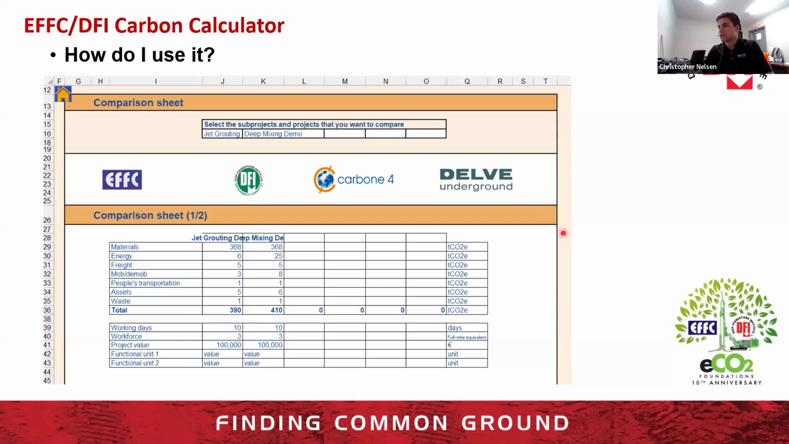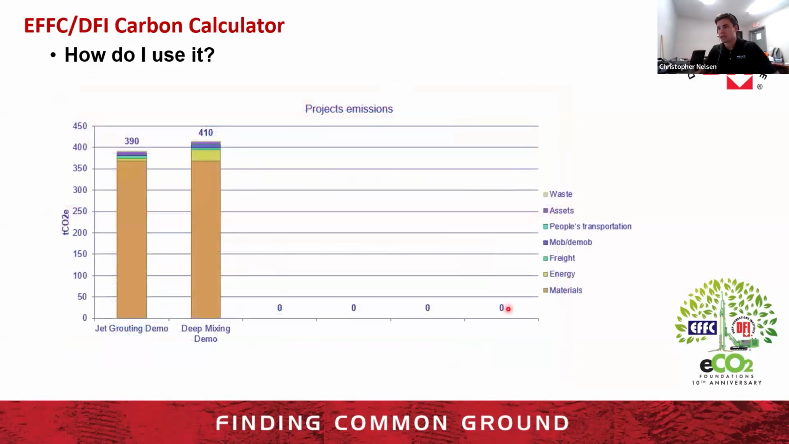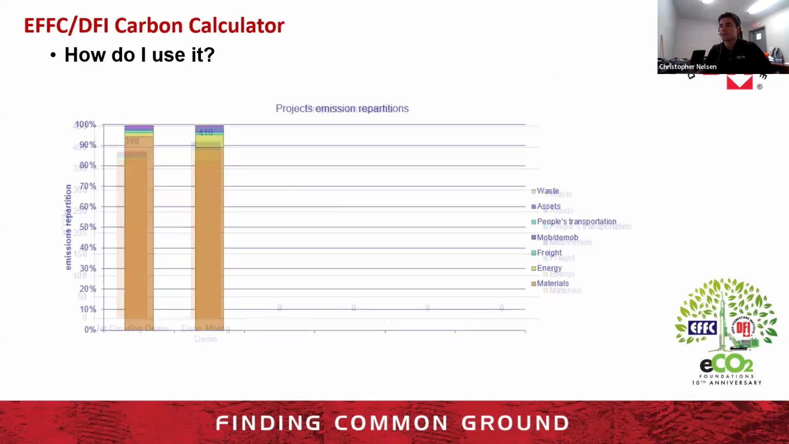So looking at these, the comparison tab has a lot of really nice graphics. First, a table of the emissions by category, again, going from materials and energy all the way down through assets and waste. And then as we scroll down through there, there are different plots that are automatically generated. The absolute project emissions in tons of CO2 equivalents, those relative percentages up to 100% of each individual sub-project,